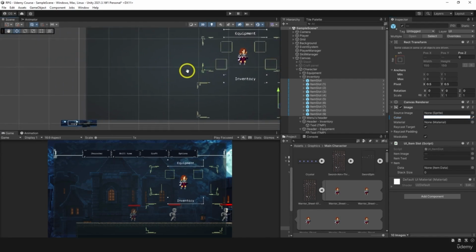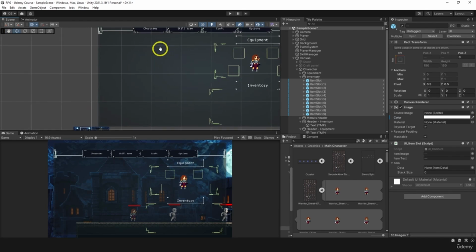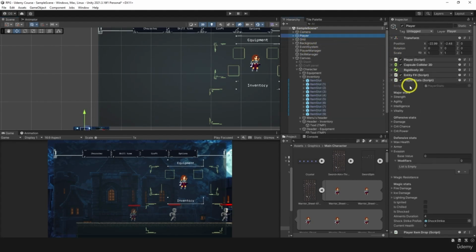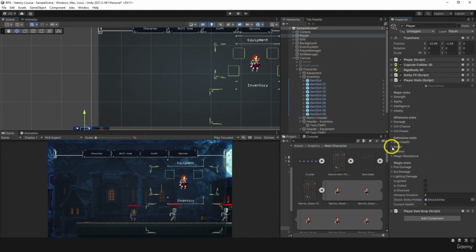And the last thing to do here is the stat panel, which is going to be somewhere here, holding the entire left side. Let's see, what stats do we have? We can go to player, open stat component, and see that we have magic stats, defensive stats, offensive stats, and major stats. My idea is to place 4 major stats like so, 1, 2, 3, 4, then take one big